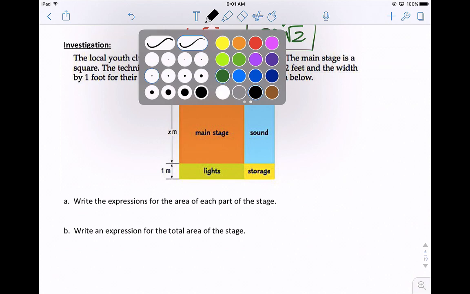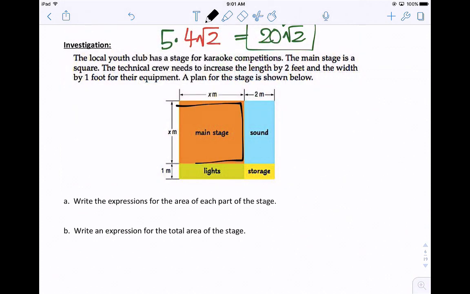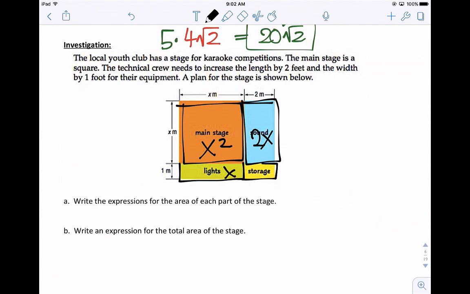Okay, so the main stage is the square, which is x by x. So the area is base times height, which is x squared. The sound part is 2 meters wide, but x meters long, so this is 2x. The light part is x by 1, so just 1x. And the storage part is 2 units long and 1 unit tall, so that would be 2. So here's expressions for each part of the stage, and the total expression would be x squared plus 2x plus